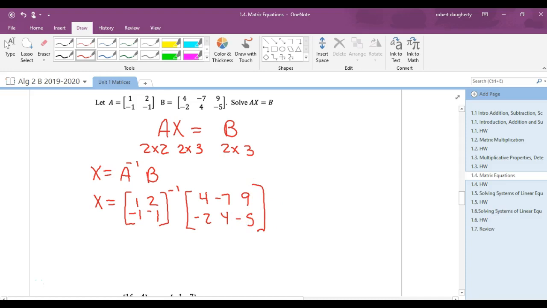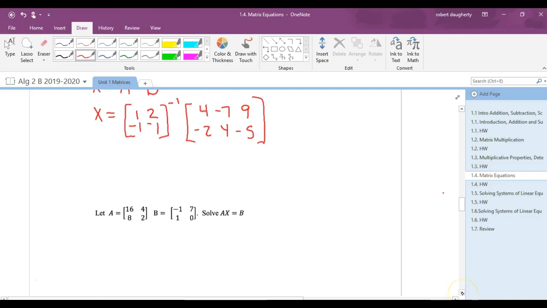All this probably means is the matrix multiplication just has more arithmetic in it. So to find the inverse of this matrix A, first step is to find what? Yeah, so the determinant of that matrix A is going to be what? 1 times negative 1 minus negative 1 times 2. Okay, so that is what? Negative 1 plus 2, which is